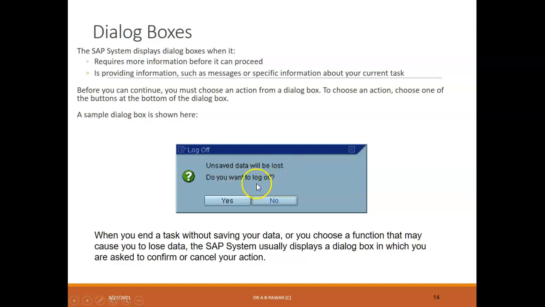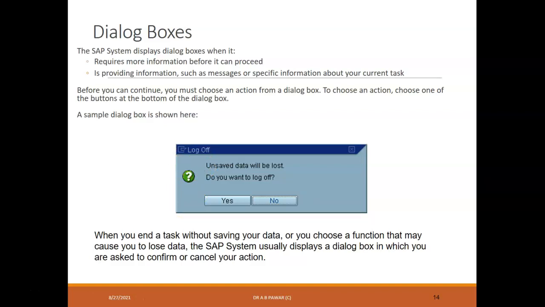So do you want to log off? So it gets the confirmation from the user. So it is like providing the information. This dialog box provides me the information. Even it gives me a hint: now do you really want to proceed by doing this, data lost here. See, this is the point.